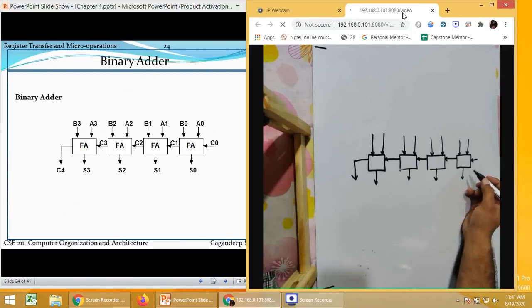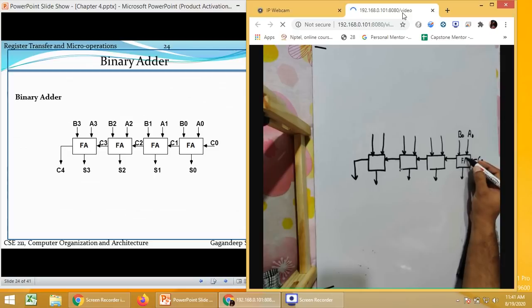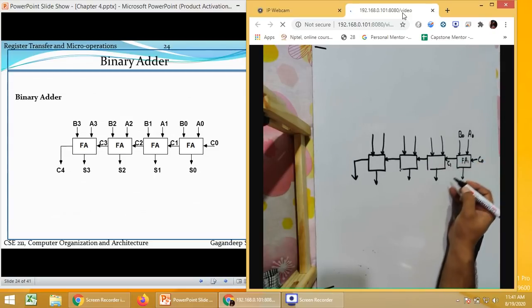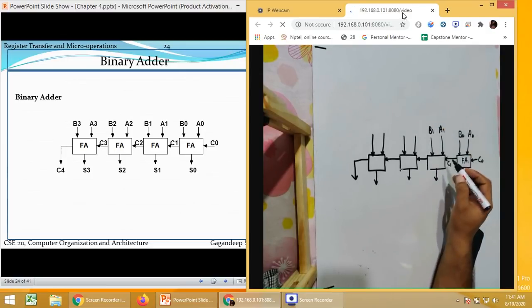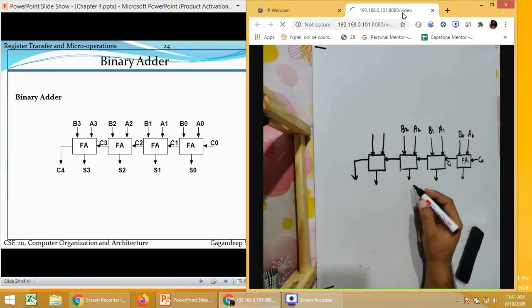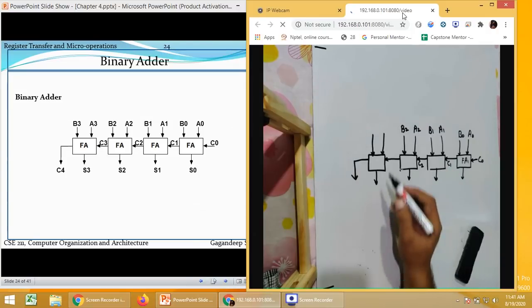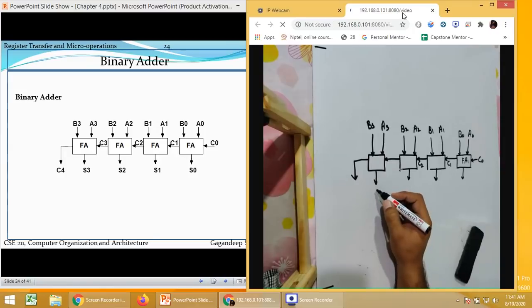In this case, this is our value A naught, C naught, and B naught. This will be the first full adder. Then we will have carry 1, A1, B1, then A2, B2, this is C2, A3, B3.